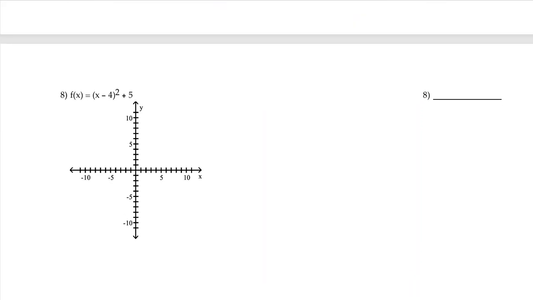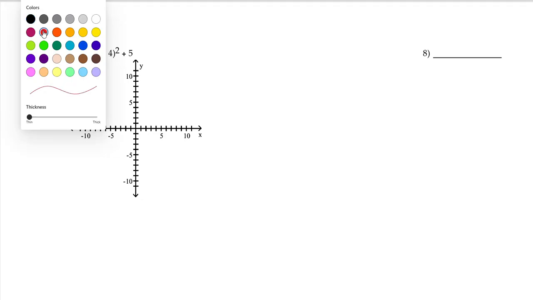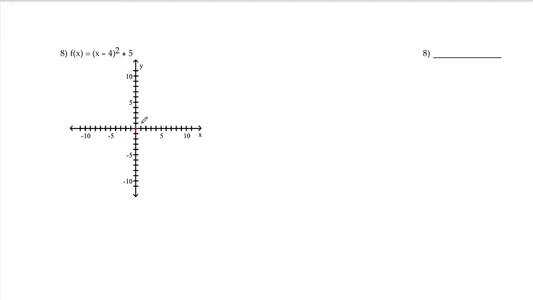I have one last exercise here. In this exercise we combine two transformations. So this combines a horizontal shift 4 units to the right of the quadratic function and a vertical shift 5 units up. So the first thing that I'm going to do here is move my graph toward the right 4 units. So remember that this function passes through the points we said: 0, 0, 1, 1, minus 1, 1, 2, 4, and minus 2, 4,